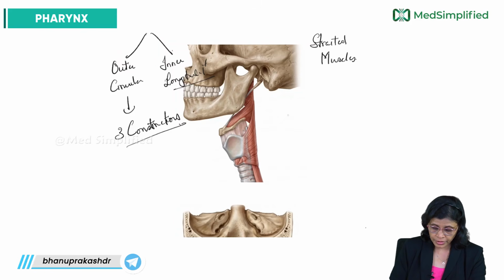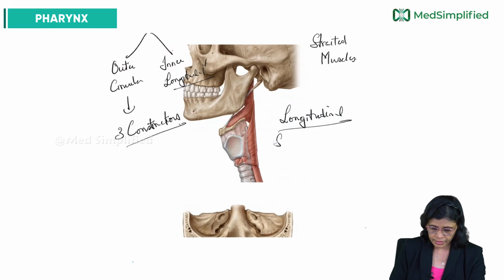And in the longitudinal muscles, we have three. Thus from above downwards we have